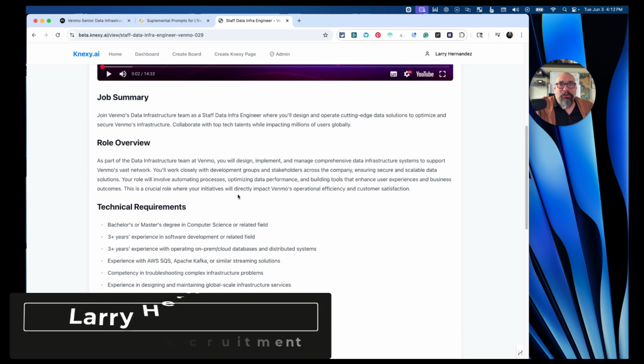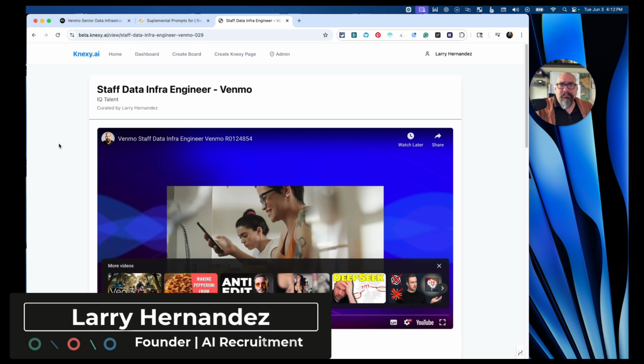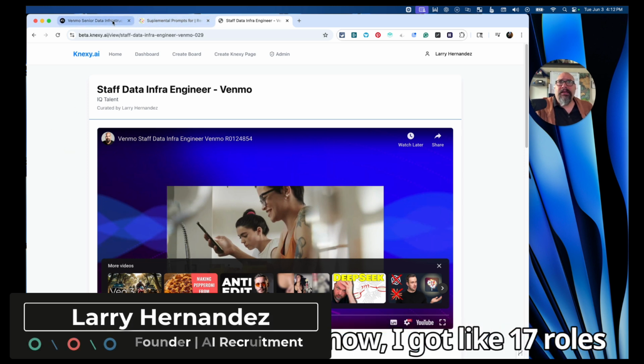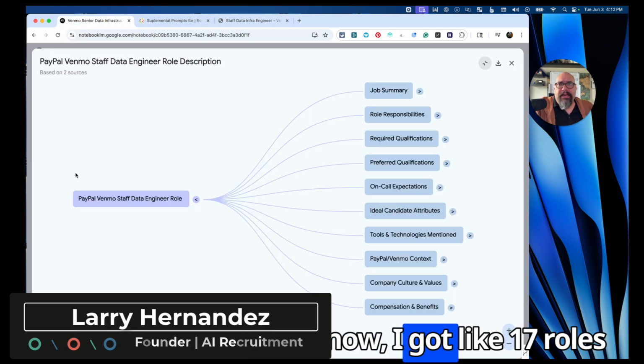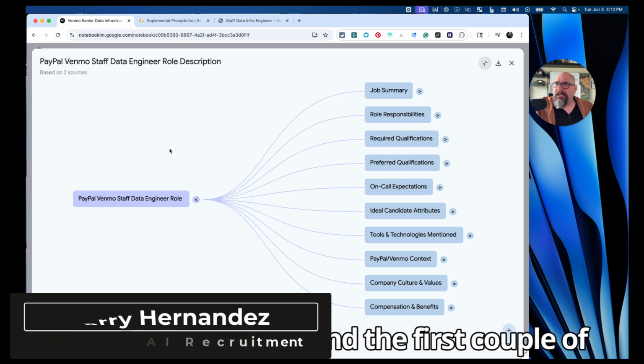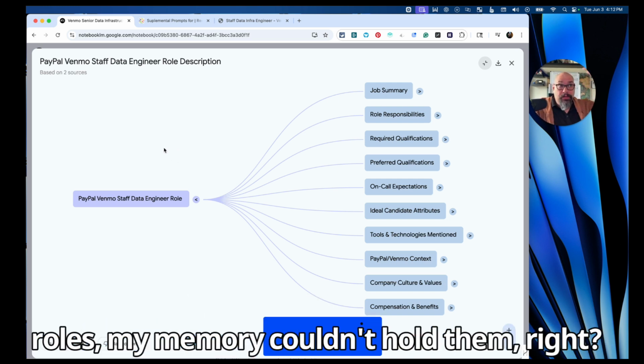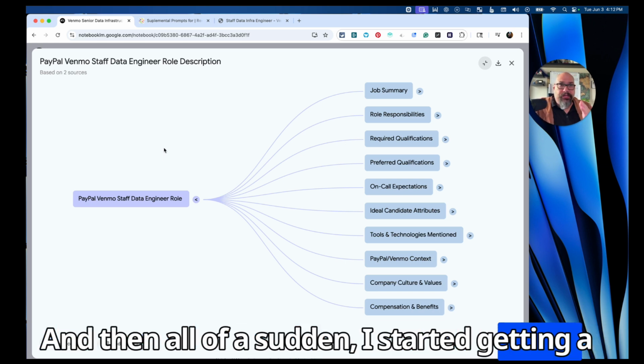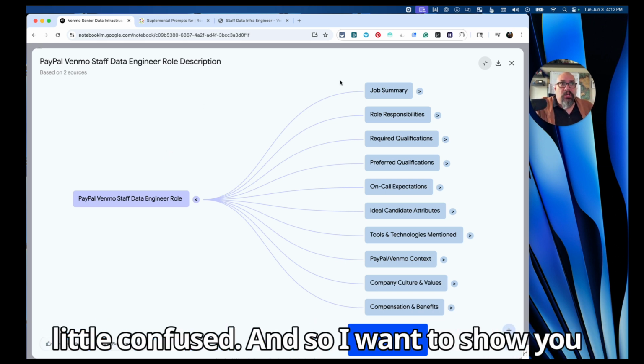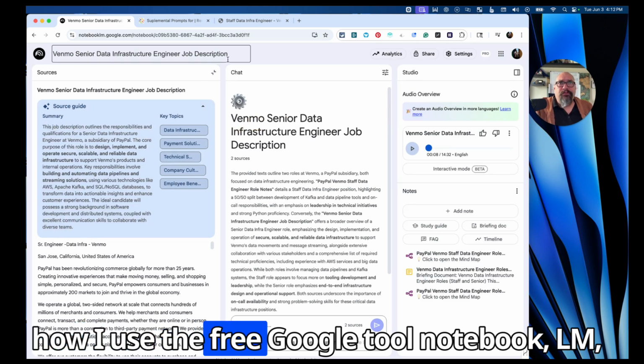As I was working with PayPal, I've been recruiting for a long time, but I got like 17 roles in a very short time. The first couple of roles, my memory can hold them, right? And then all of a sudden, I started getting a little confused. And so I want to show you how I use the free Google tool,